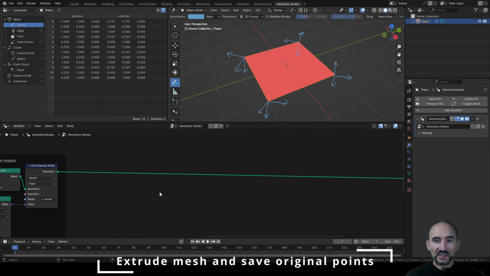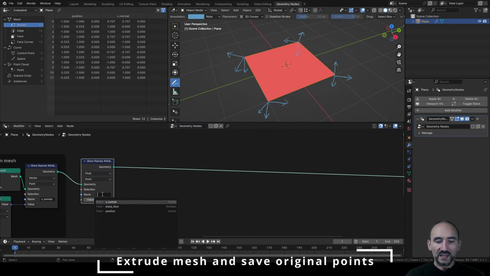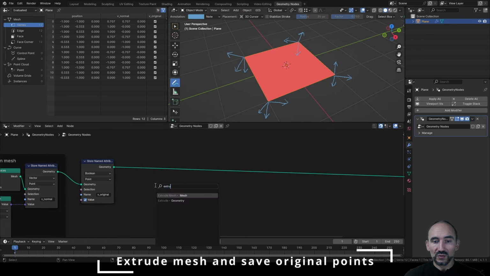but before we need to save the information of the original edges and the not original edges made by the extrusion operation. So we can add a store named attribute and set a variable like v underscore original. Link, change the type to boolean for each point and set true. And as you can see in the spreadsheet, all the vertices have the same true value on the new v underscore original attribute. Next, we are going to extrude the mesh